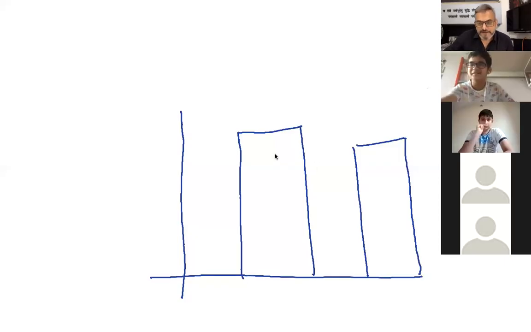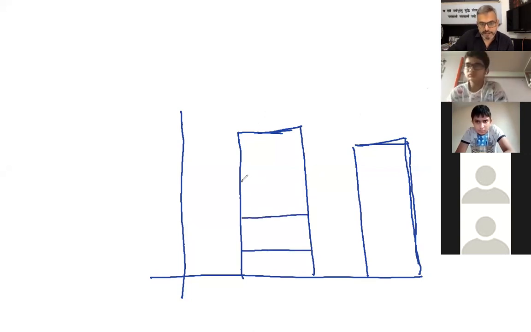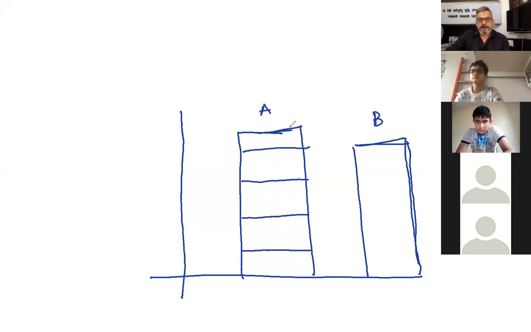Now, when we have two bars like this, first you need to understand: the bigger the bar, the bigger the data. This one is bigger and this one is smaller, so smaller the data. Now we divide this bar as per various parameters. For example, if we say these two are the monthly expenses of two families, family A and family B,